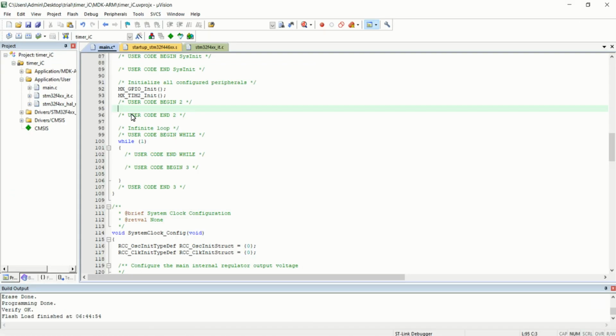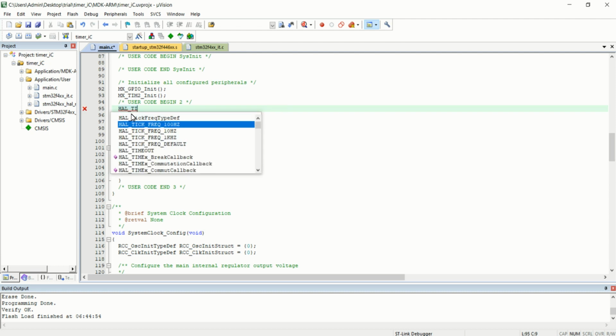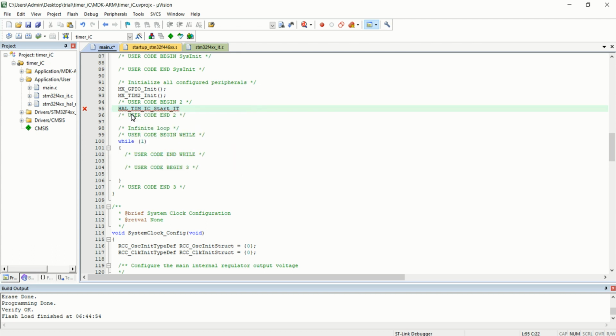So initially I just want to start the timer in input capture mode with interrupt. So just call this function HAL_TIM_IC_Start_IT. So this is the function for starting the timer in input capture mode with interrupt. This function receives two parameters.